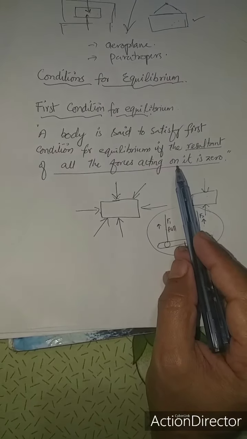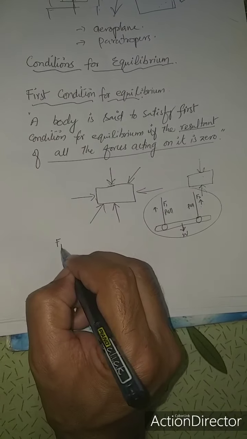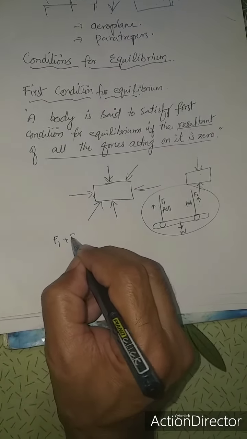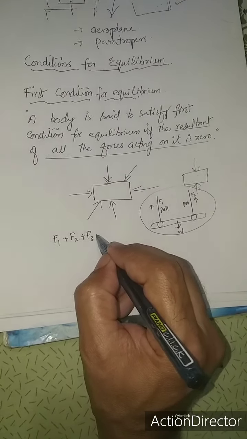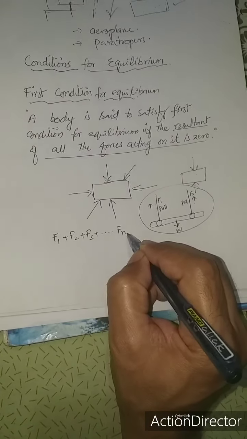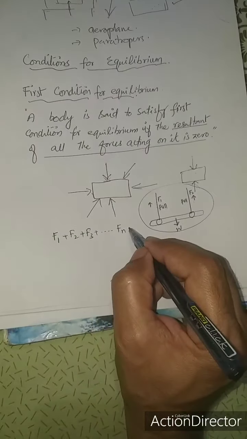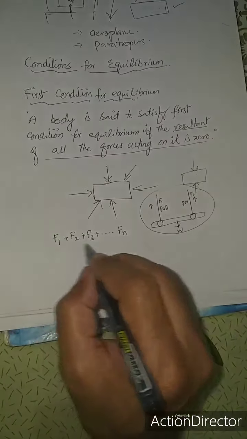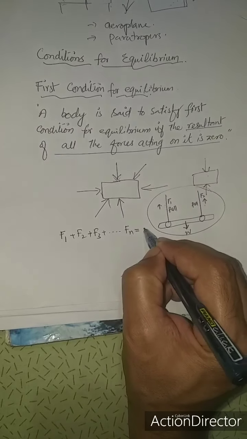So here we see that if we denote these forces, we say that there was F1 force, F2 force, F3 force acting on it, and there were a number of other forces acting on it, and here Fn represents the total number of forces acting on the object. The sum of the resultant of all these forces which are acting on that object must be equal to